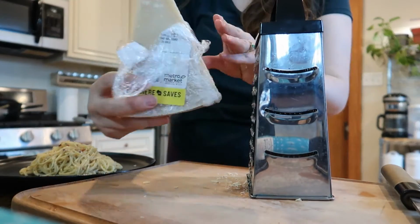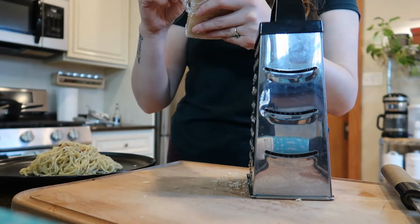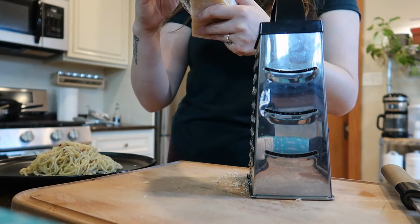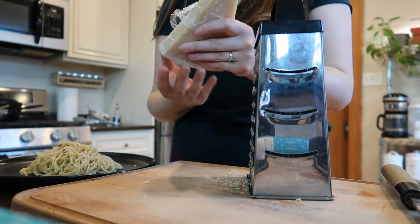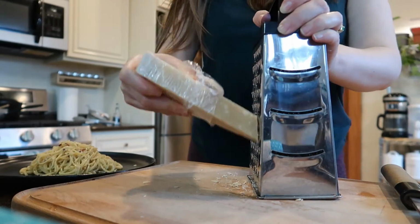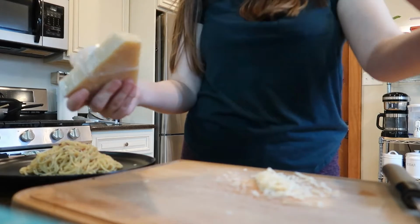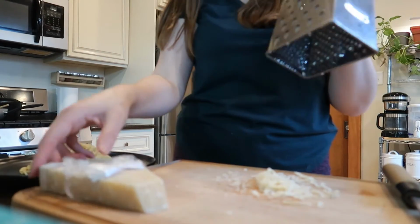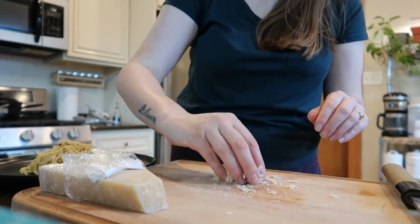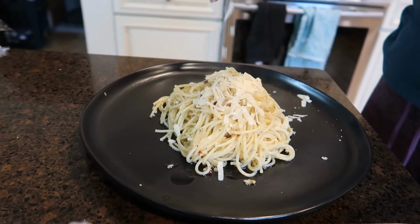So this square of cheese is 0.65 pounds, and it was $11.04. And you might think, wow, that's really expensive for that little amount of cheese. It's way more expensive than Kraft. But this cheese is a lot more pungent than Kraft, so you don't have to use as much and it'll go a long way. And then I'm just gonna sprinkle it